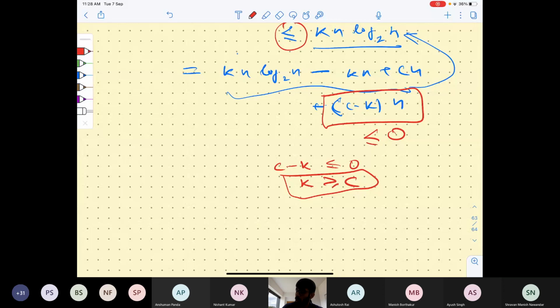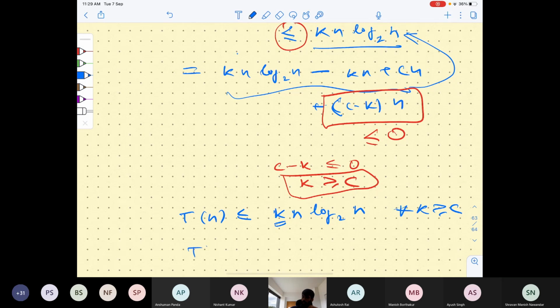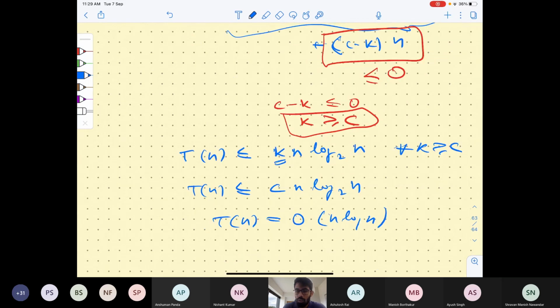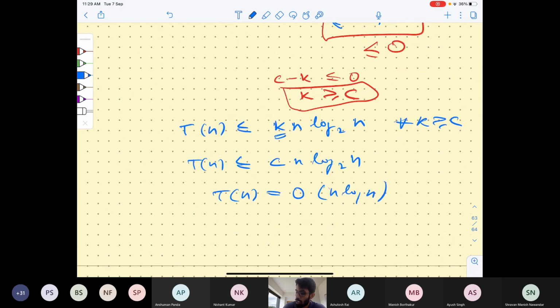So any value of k greater than or equal to c, if we put here, it will suffice. So for any value of k greater than or equal to c, what do we get? That T(n) is less than or equal to k n log base 2 of n for all k greater than or equal to c. So basically, if we replace c there, then it is correct. So T(n) is less than or equal to cn log base 2 of n. And again, we get T(n) is equal to order n log n. So this is a method where we don't make an exact guess, and we arrive at it by putting the values appropriately so that our induction hypothesis goes through. Our induction step goes through. Of course, you also need to check the base case here,